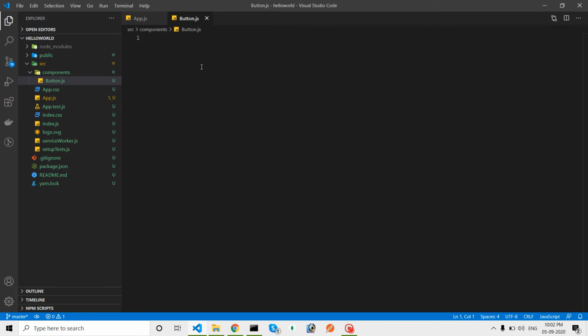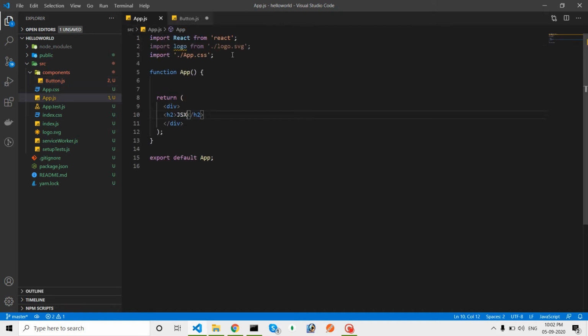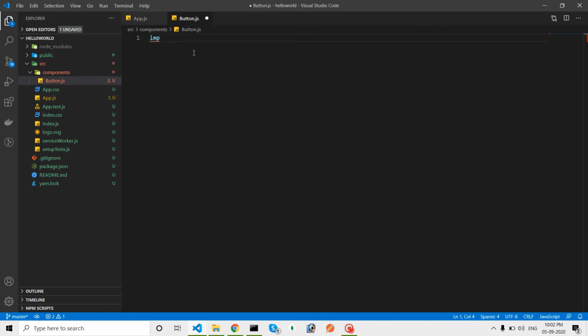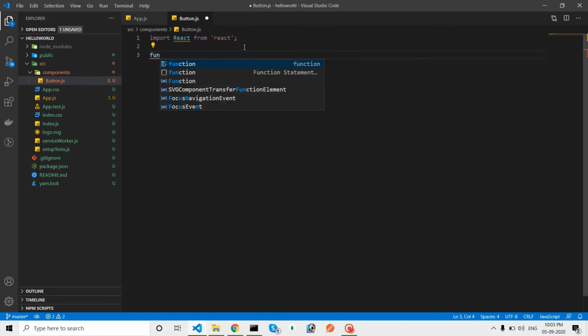Inside this file I need to import React from 'react', because this is what helps React to understand that it is a React component. And then you can create a function export, or you can simply write const